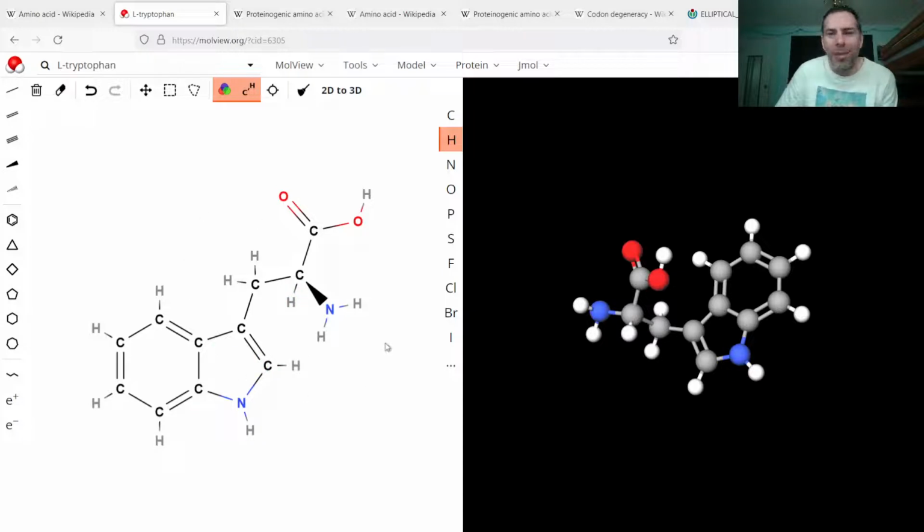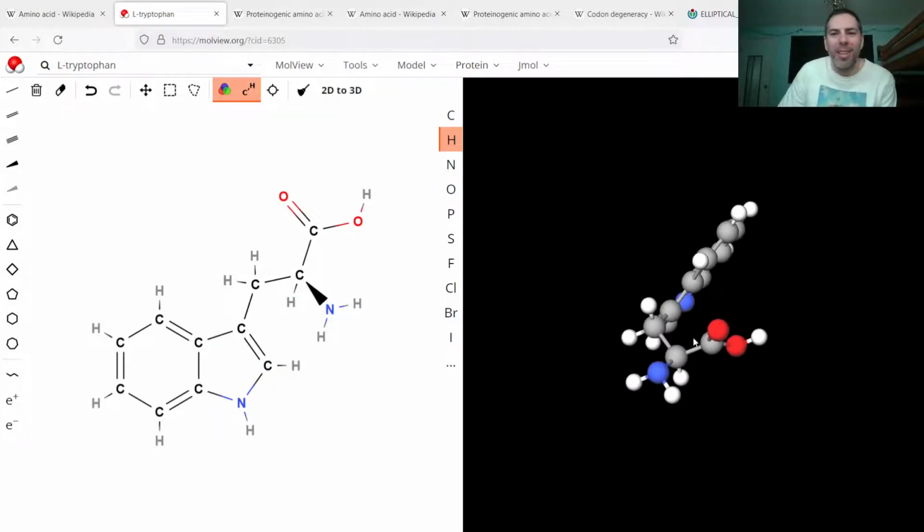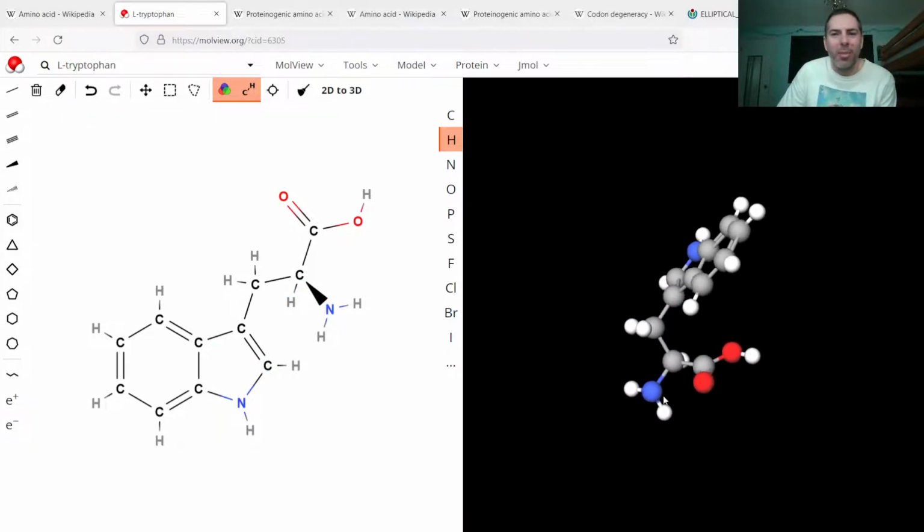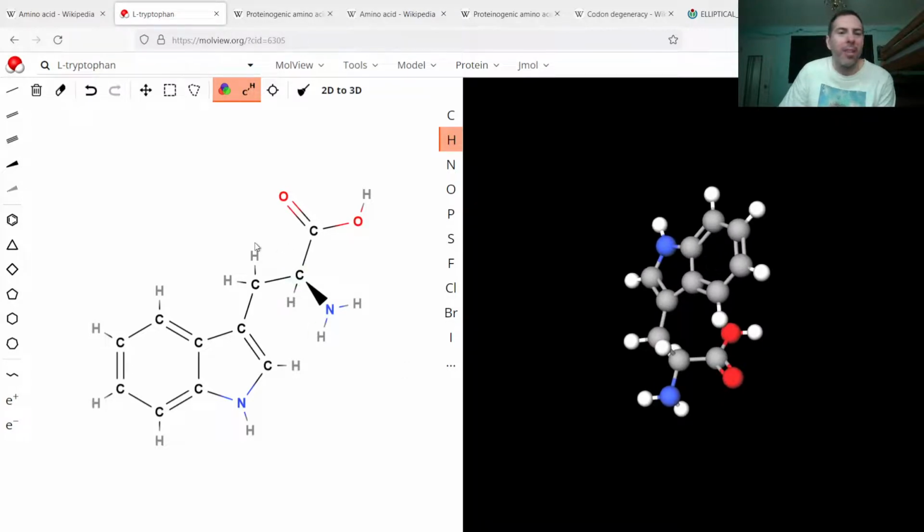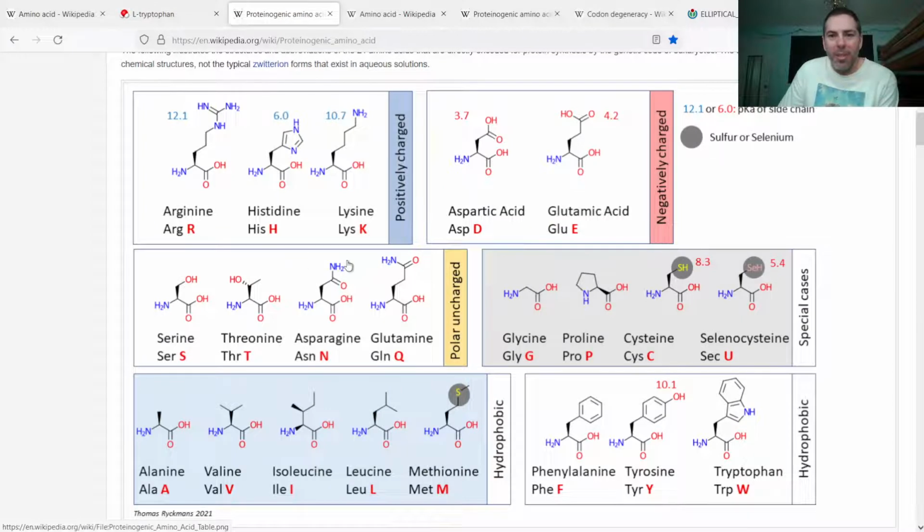I forget which one I thought I messed up, but if I didn't just bring it up correctly, you can search for it. So here's the table of all the amino acids. Again, you have the positively charged group here, negatively charged, polar, uncharged, special cases,